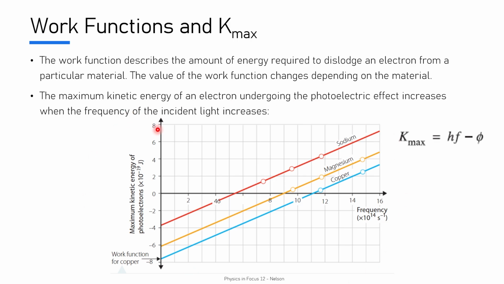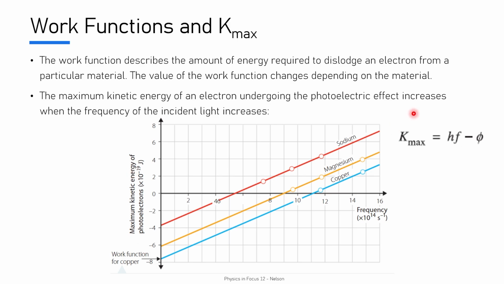It's quite common to look at graphs like the one below, and essentially what you can do for a particular substance, let's say that we're looking at the magnesium one, is plot different frequencies of light against the maximum kinetic energy that that frequency of light can impart onto an electron. And we should get a nice line of best fit. If we extend that line down here, wherever we've got our y-intercept, this is indicating the work function for that particular metal. In this case, the work function for magnesium is approximately 6 times 10 to the negative 19 joules,